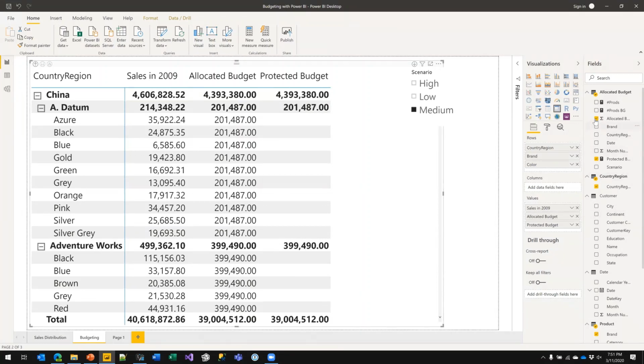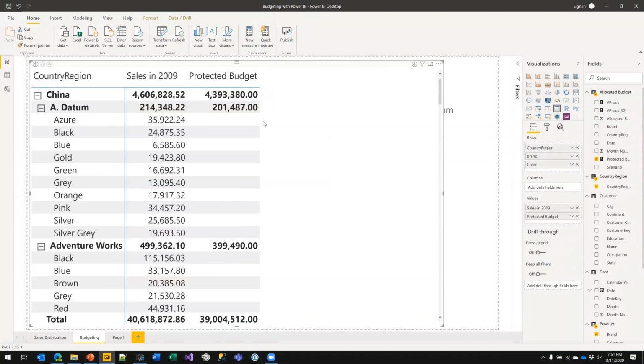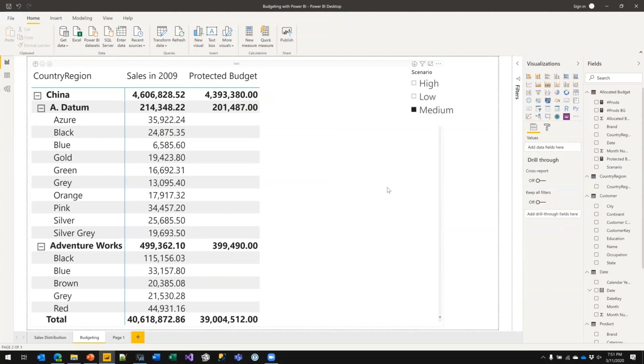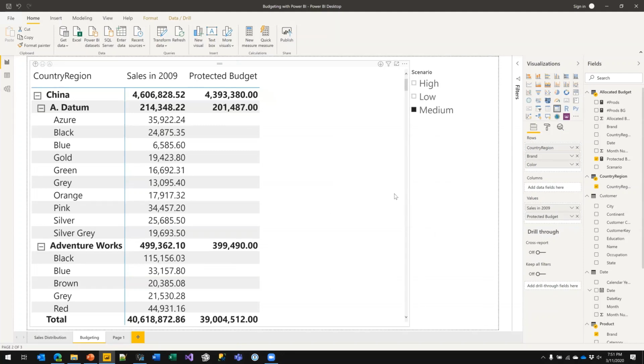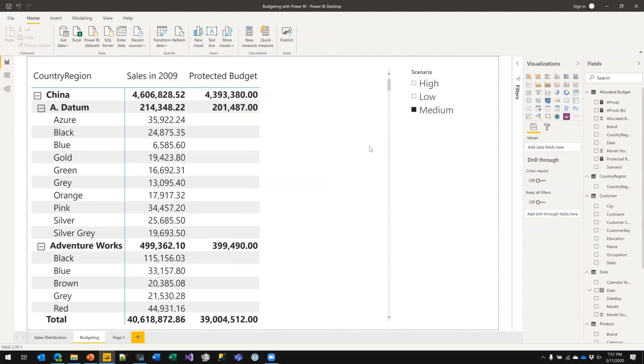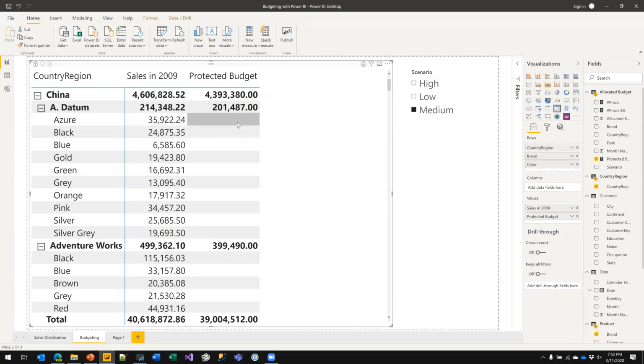I can now get rid of my allocated budget and I obtain a solution which is already better because it is showing the budget if it can be shown, and it hides the value if the budget is at a granularity which is not supported. So this technique works already fine because it gives me the capability of showing or hiding the budget, showing it only when it will produce a correct number.